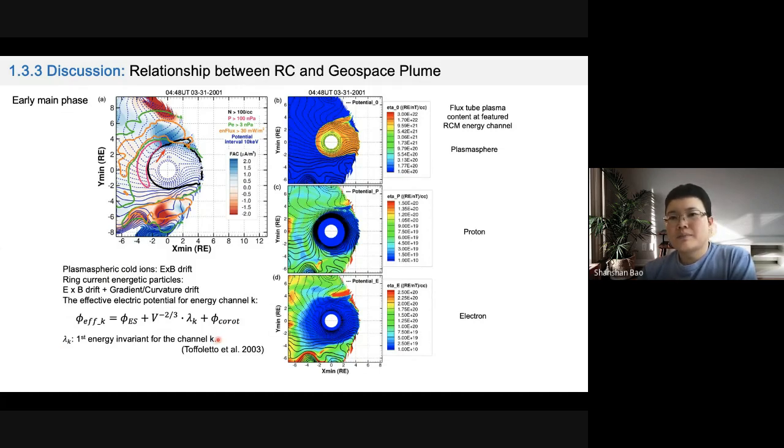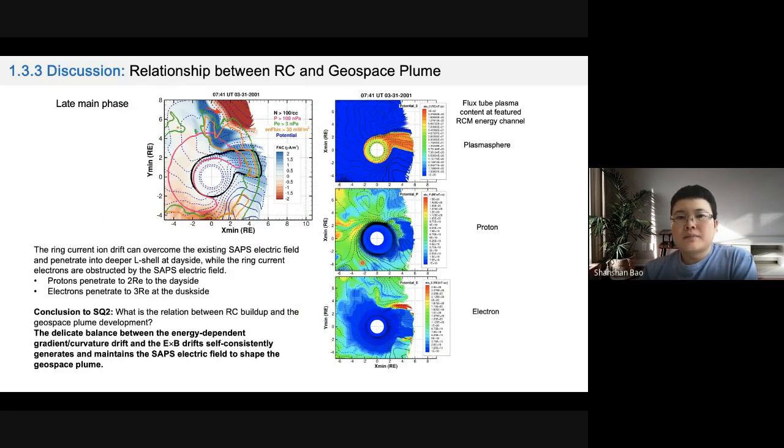On the right-hand side, I'm plotting the plasma content of that channel. Here is the plasmasphere, and this one is the proton channel that contributes most to the ring current, and the electron channel that contributes most to the electron precipitation. So you can see that at a later stage,